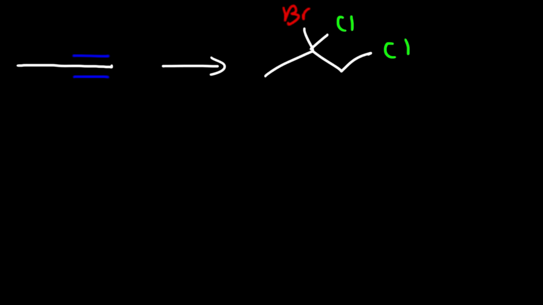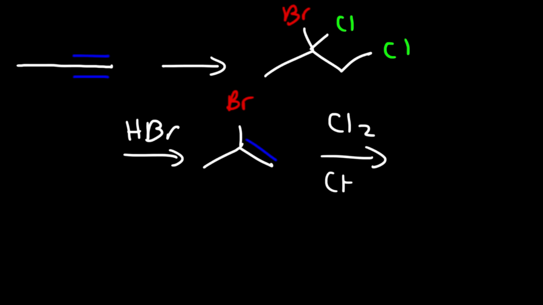Now let's work on some practice problems. Starting with propyne, what reagents can we use in order to make this product? Go ahead and try that problem. So one way we can do this is we can start by adding HBr. And so this will give us initially a double bond with a bromine atom. And then in the second step, we could simply add Cl2 with dichloromethane, and that will give us this final